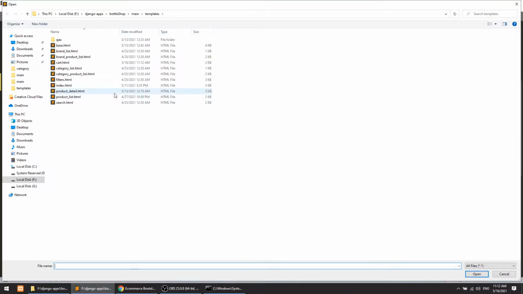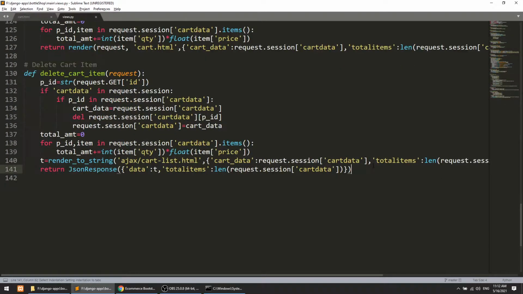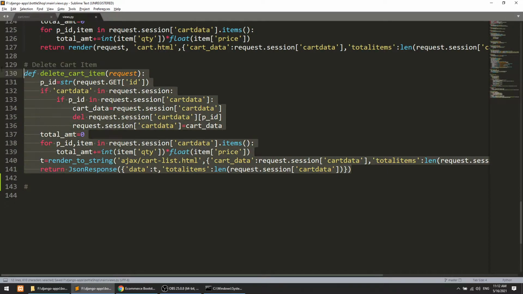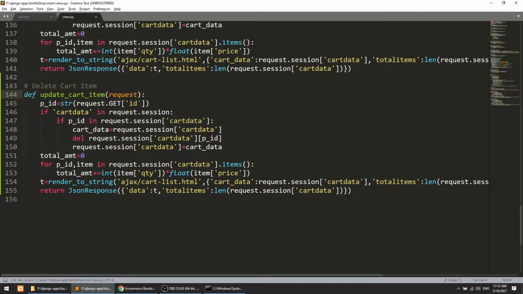I'll open the views.py file. So here is the views.py file, and here I will create. I'll copy this delete cart item, and I'll update it here. Update cart item request. We need a request, ID, PID, all the things.